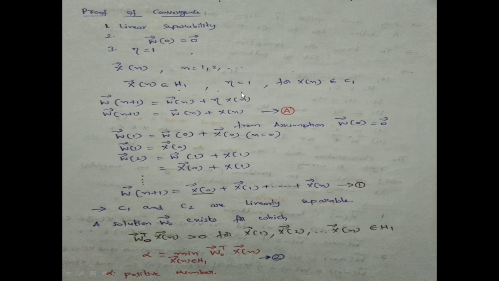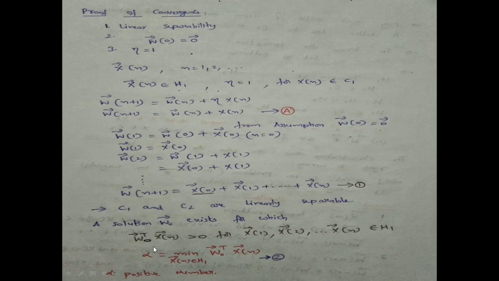So here we have used the assumptions that W(0) equals 0 and eta is equal to 1. And the third assumption we had is that the classes C1 and C2 are linearly separable. So far, we have assumed that the network is doing misclassification, right? The solution obviously exists, but till now we have not reached a point where we find our solution. Because we can find a solution, hence a solution W0 exists for which